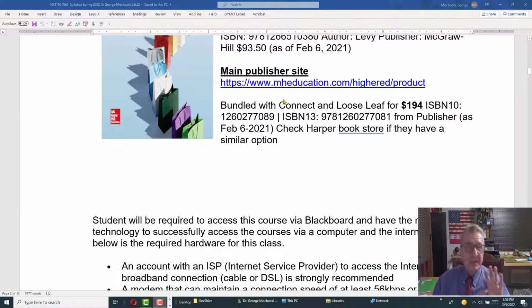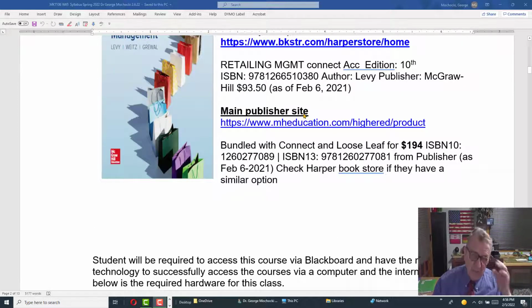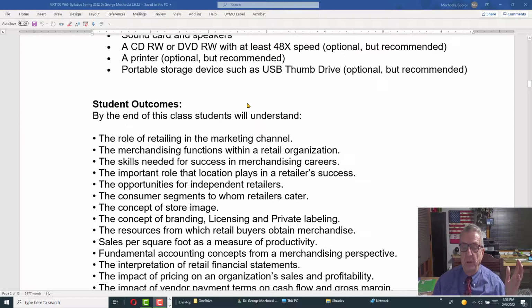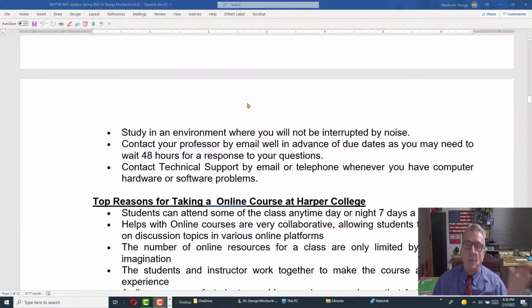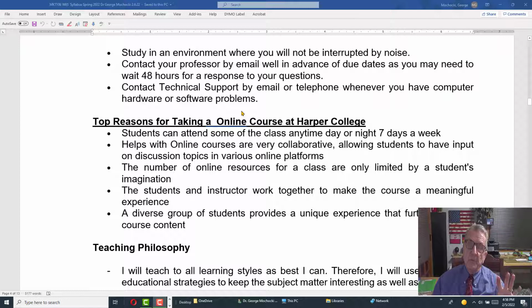One thing I want the students to remember is that for any class you take, you have the syllabi in here. Make sure you download it and save it, whether it's the first version, second version, whatever. A lot of the connections that Harper College has with the other schools out here, this course, I think, is transferable to the marketing class as an elective for the other four-year university.